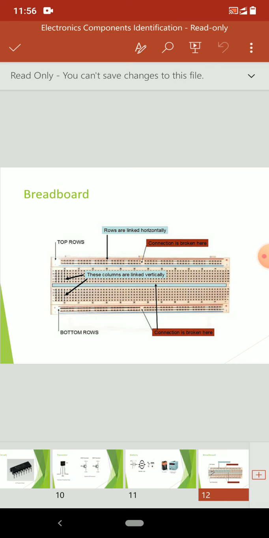This breadboard is used to connect devices like resistor, capacitor, inductor, and the purpose of this breadboard is to make quick electrical connections between components like resistor, LED, capacitor, etc. That can test your circuit before permanently soldering it to the